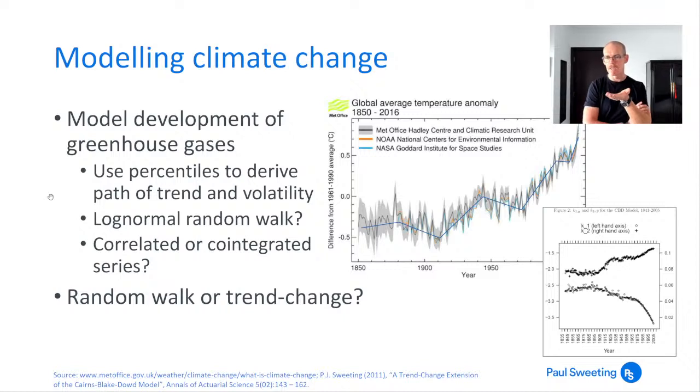It seems to look reasonable for the changes in temperature, and it could potentially be something which could be used to model greenhouse gas concentrations as well, because if you look at changes in regulations, for example, those could have a significant, fairly short-term effect on the path of CO2 emissions. So rather than just having a random walk, having something where the trend could change periodically is not an entirely unreasonable idea. So looking at the past data and seeing whether there is that sort of pattern, that's something which could be quite interesting.